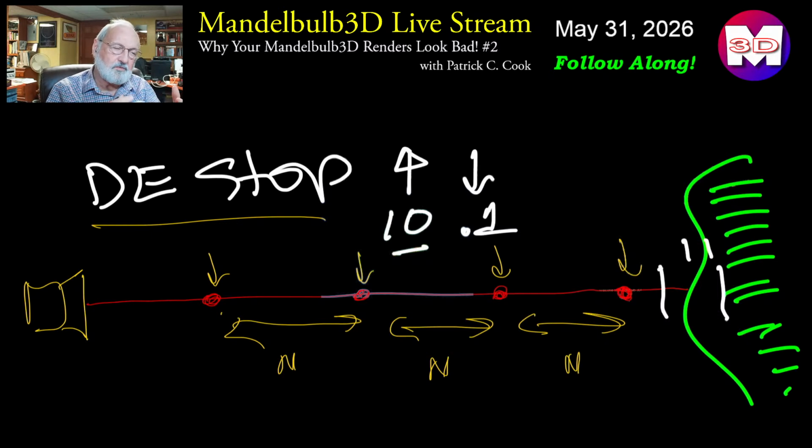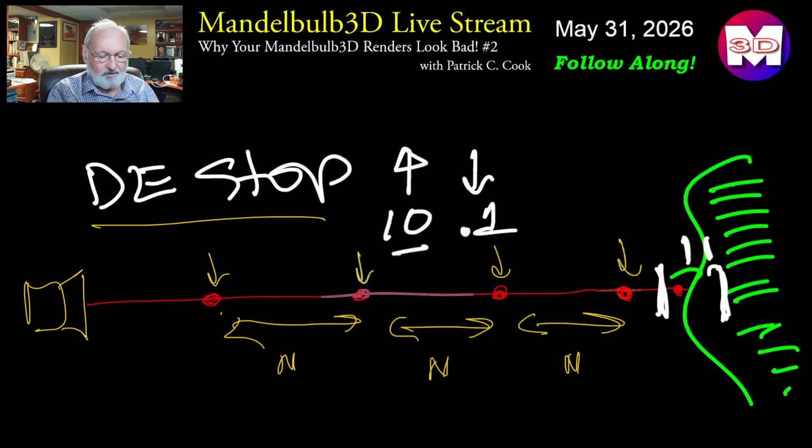I'm trying to describe this in multiple different ways so that you kind of understand the concept, okay? Now, the DE stop is the sensitivity or the threshold when the ray stepping gets close to the surface. And so what happens is you have step, step, step, and it gets tighter and tighter. And the whole idea, and here's everything you need to know,